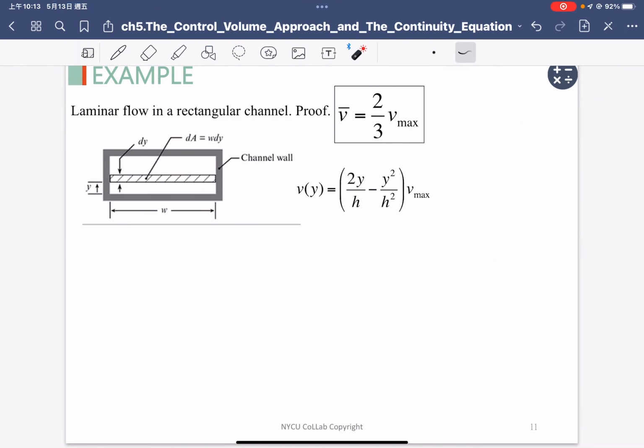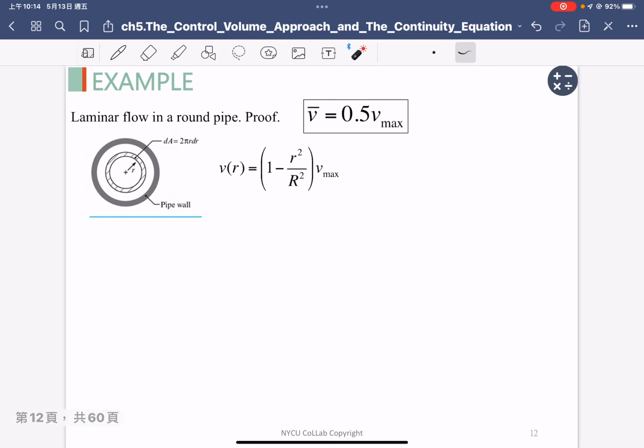Okay, so on Wednesday, I introduced one exercise associated with laminar flow, but in a channel. Based on this exercise, we proved the relationship between the mean velocity and the maximum velocity. The ratio is 3/2. So the next one, we have different conditions. It is also laminar flow, but in the